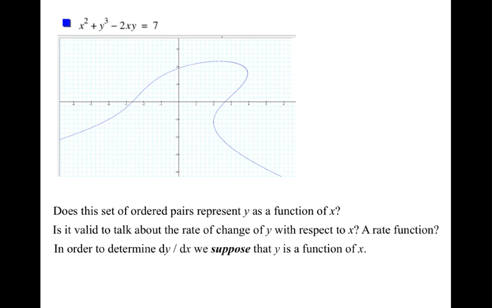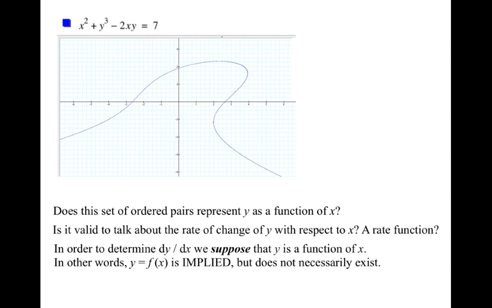Okay, but in order to determine dy/dx, we kind of have to suppose that y is a function of x. We know that it's not, but we have to pretend that it is. In other words, y equals f of x is implied, but it doesn't necessarily exist. Like in this case, it doesn't exist. y is not a function of x. But to talk about developing a rate function for this, we're just going to say that y equals f of x